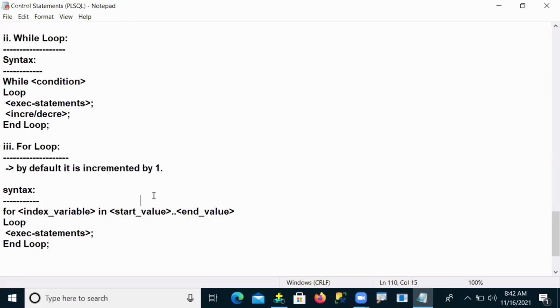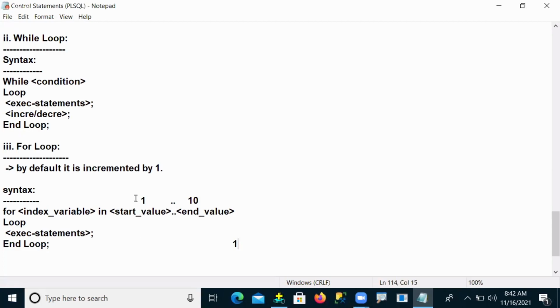Suppose guys, here I want to print the natural numbers 1 to 10. Then 1, dot dot. Okay, this is the starting value 1, and I'm giving dot dot, ending value. How much, guys, here? 10. So I need to print the numbers 1 to 10. My start value I gave is 1, and the end value I gave is 10. So first, 1 is printed because this is the starting value.